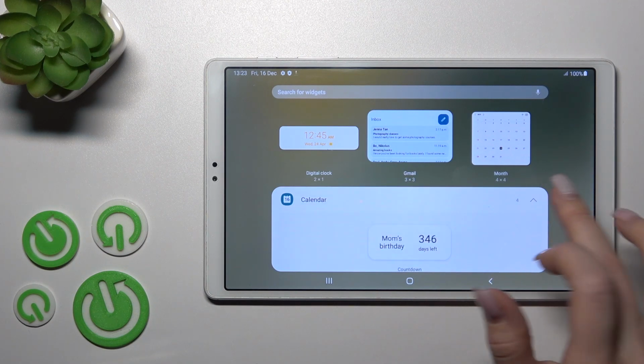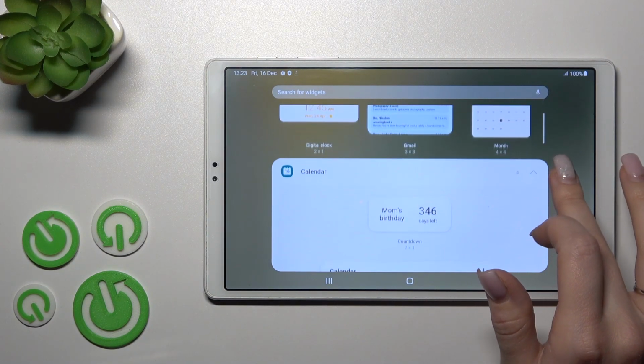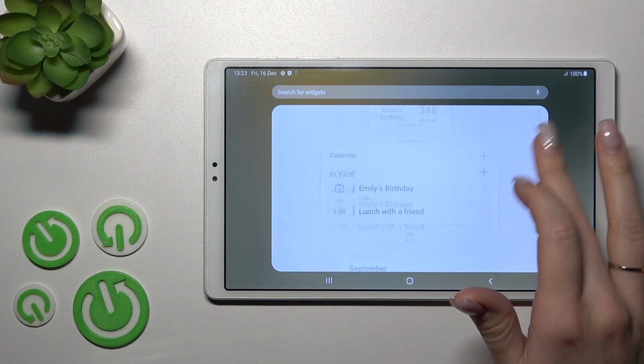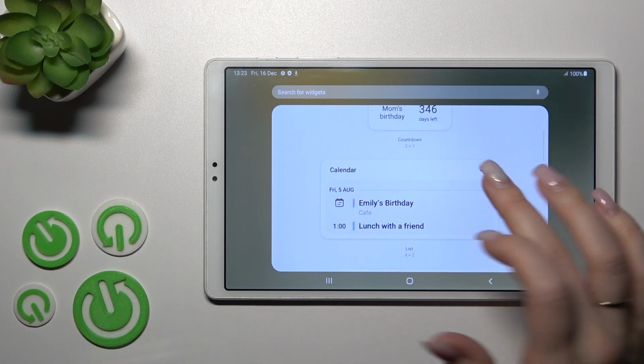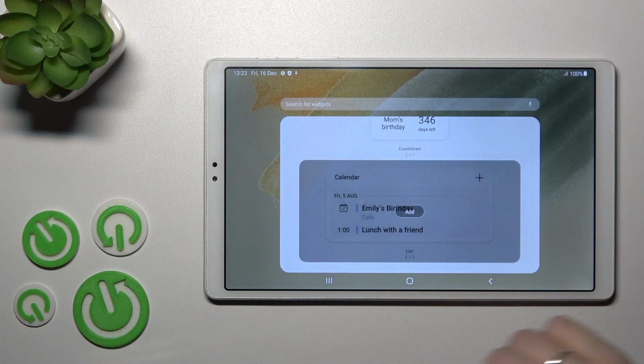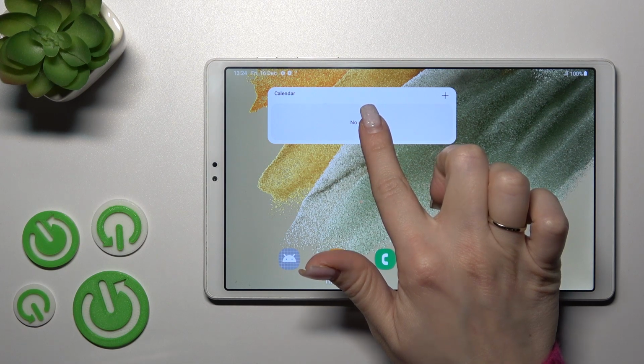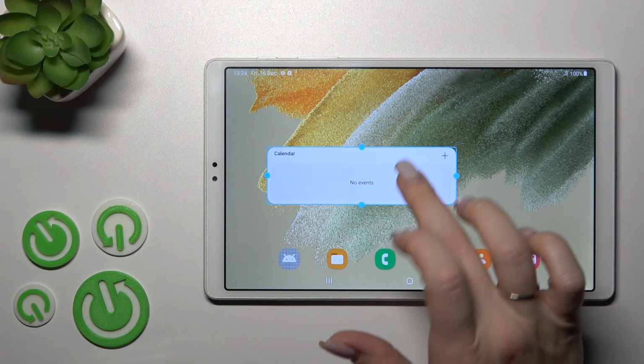For example, when you click here to drop down, we can see that the calendar application has 4 different types of widgets. For example, let's use the calendar schedule. Just click to add, wait a second, and now we can see that the widget was automatically added to our home